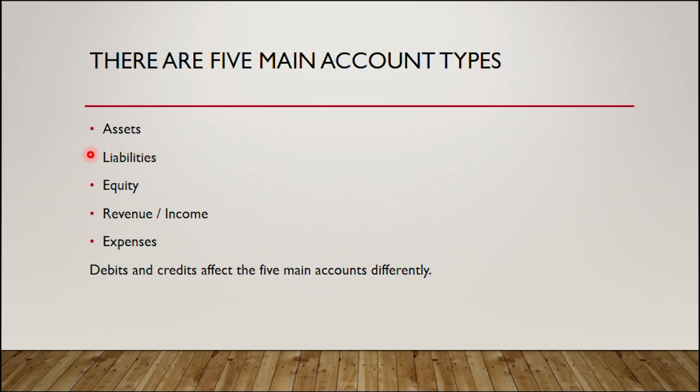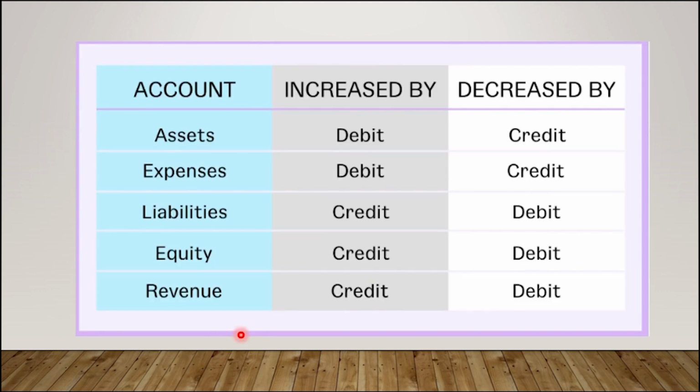Liabilities is the amount that we owe to outside parties. That is the borrowed money. Equity is the capital contributed by the shareholders. Revenue, whatever we generate out of the operations done, is revenue. Expenses, day to day, every time we are incurring expenses, only then are we able to make money. So we'll see how these accounts are impacted.